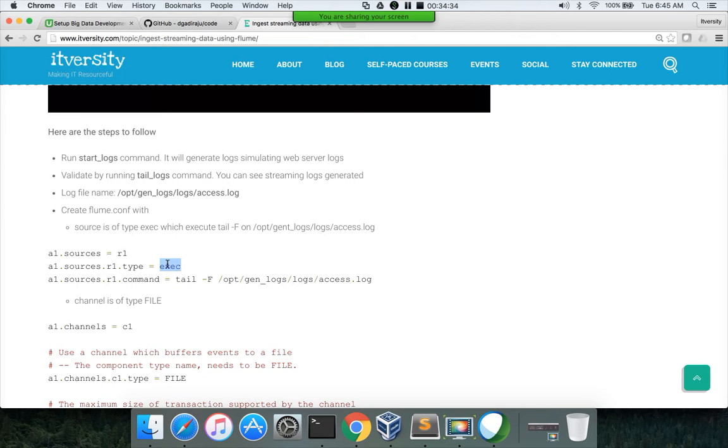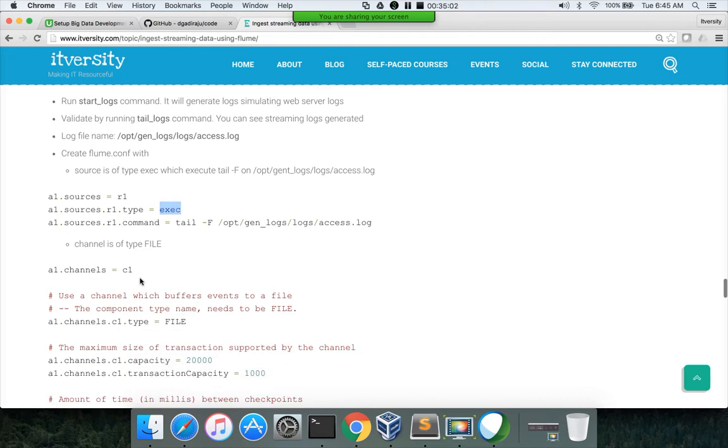Okay, and so depending upon the source you are trying to read, you have to use different types, and then you might have to pass the type related parameters for whatever type we choose. For the exec type, the command parameter is the most important one, which will actually execute the command as part of the exec type. And then channel, earlier we have seen memory, now we will be seeing file.